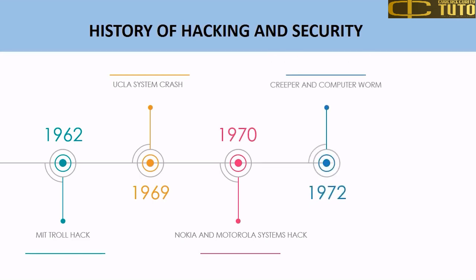In 1972, a message said, "I'm the Creeper, catch me if you can." Creeper, the first computer virus in history, was developed by Bob Thomas, a programmer at BBN Technologies. After infecting a computer, Creeper would display its message and start printing a file and, before the printing was finished, jump to the next computer across the network, disappearing from the first. Reaper, the first antivirus, was developed against Creeper.